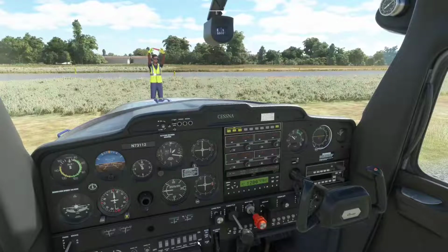I'm going to shut this landing light off so I don't blind this woman with my bright LEDs. She's probably already been blind, to be honest, but...